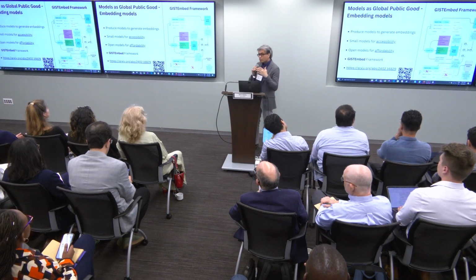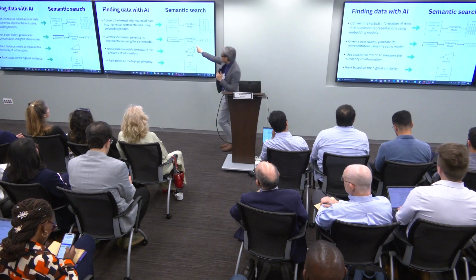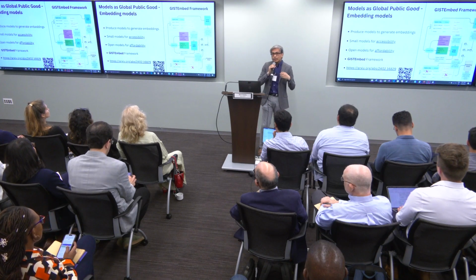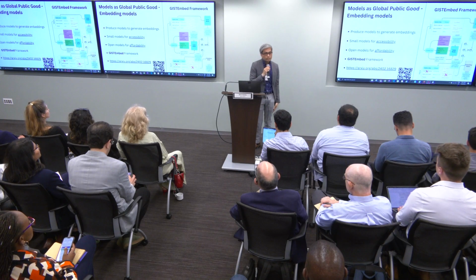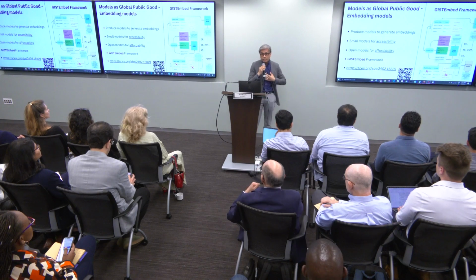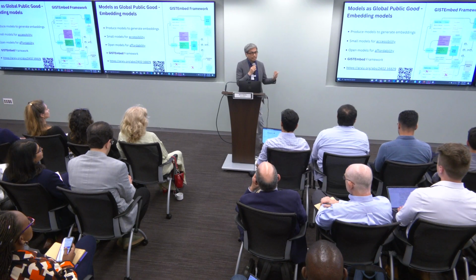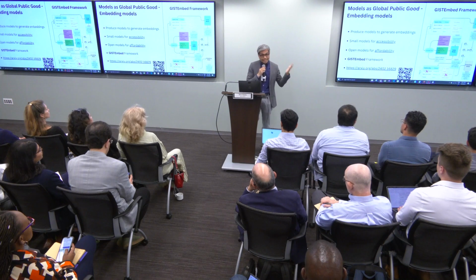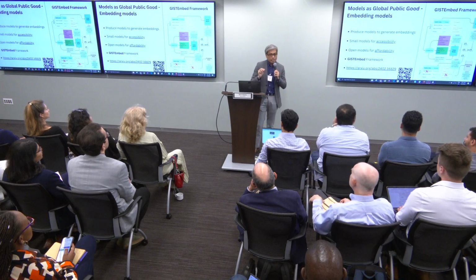So, how do we make semantic search work? One of the things that I've shown here is that the key ingredient is this embedding model. And one of the things that we're thinking is that currently, large companies spend millions of dollars to train models to be very powerful. But we are thinking that in the countries and the places that we care about, they probably don't have GPUs, right? And so we are thinking about creating models as public good. In that sense, we train models that are very small, but at the same time, really powerful.